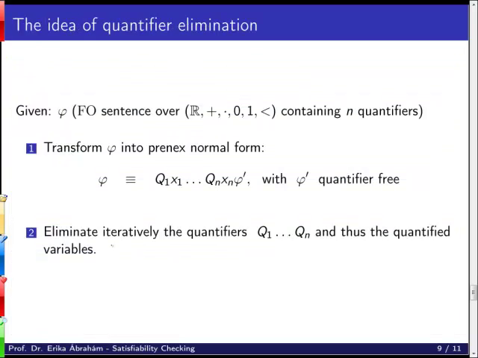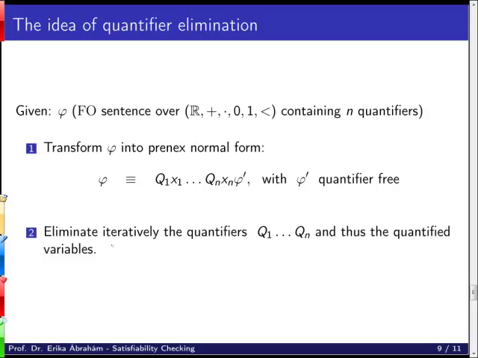So what you will get to know, in both cases, virtual substitution and CAD, is a quantifier elimination procedure. This we already know, as we have for the reals. We also used quantifier elimination before the simplex. And what does it mean? It means that you have a formula, and first we transform it into prenex normal form. This means that you have first the quantifiers and then a quantifier-free formula. And then what we would like to do is to eliminate these quantifiers inside out,